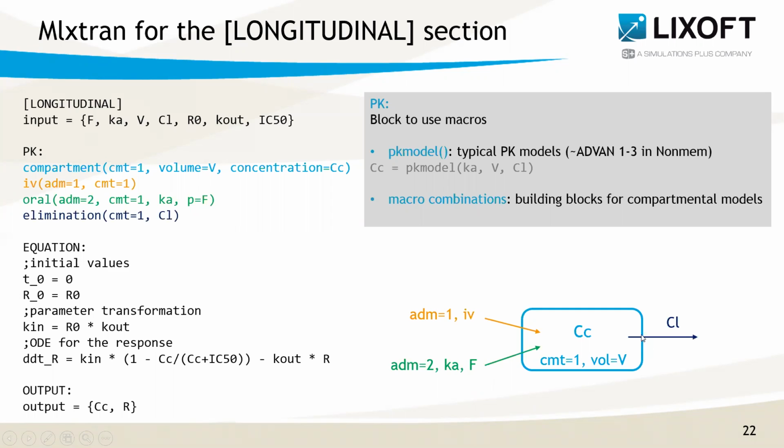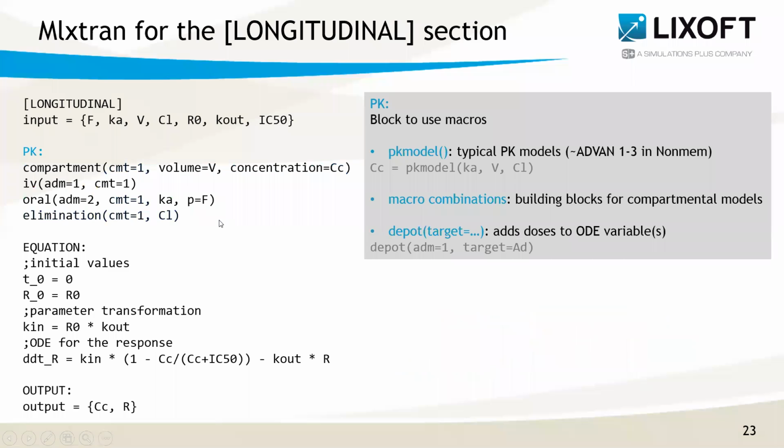And finally, I can define the elimination. For this, I use the elimination macro. I eliminate from compartment 1 with clearance CL. And again, CL is a recognized keyword. So that's how I can combine these elementary macros to define this simple PK model with 2 different types of